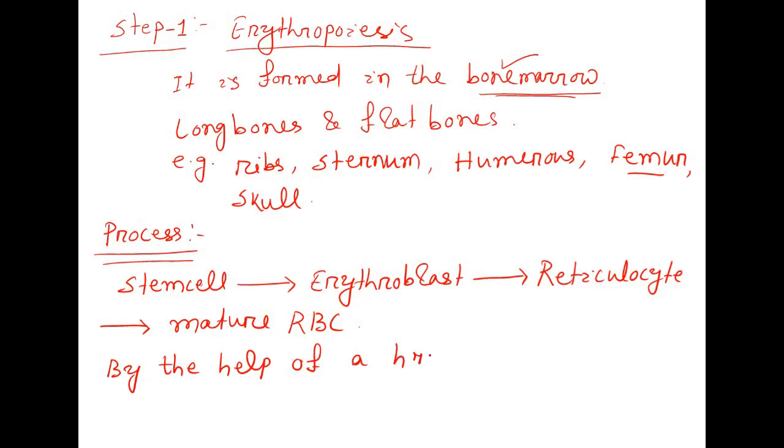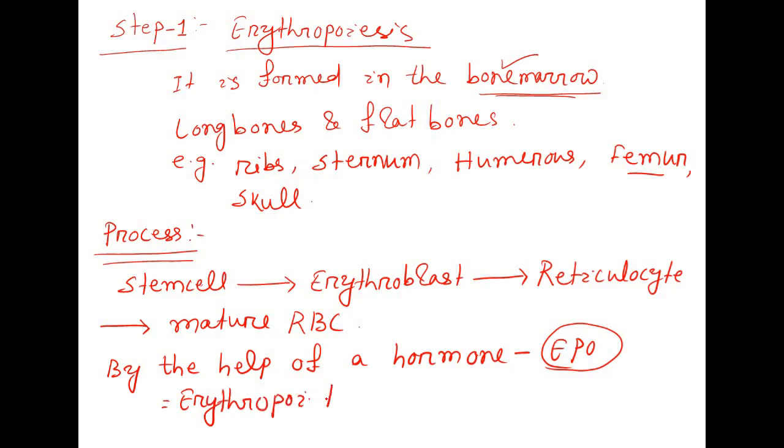a hormone called EPO. EPO means erythropoietin. It is secreted from kidney. And during this maturation, that is formation of mature RBC,